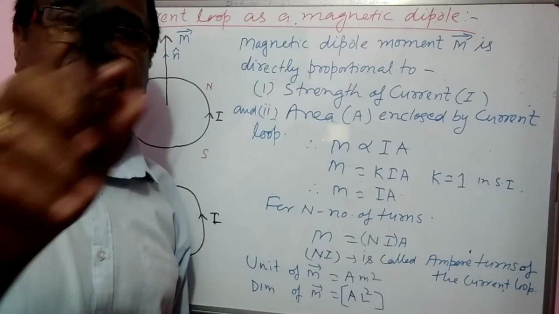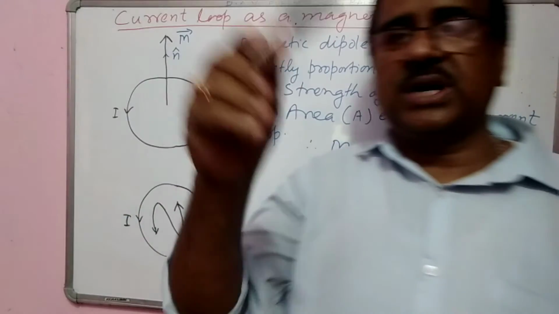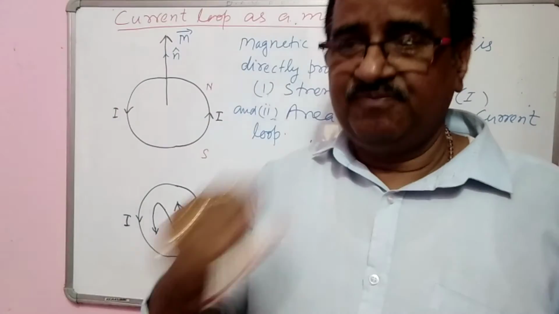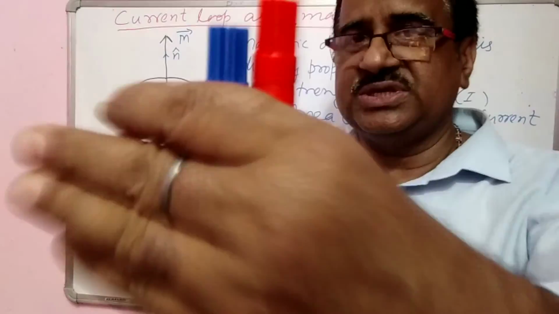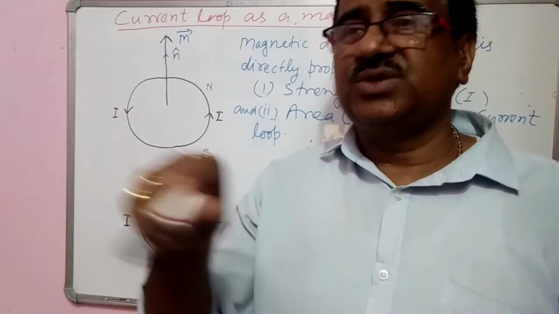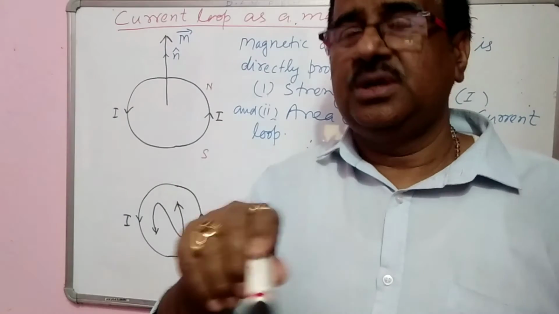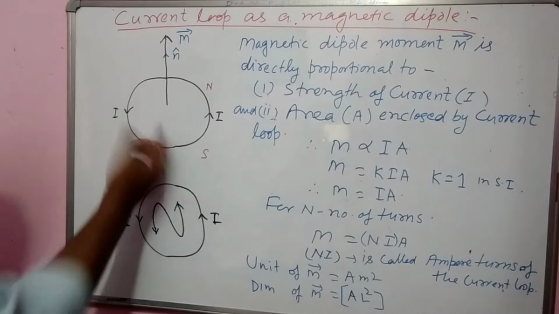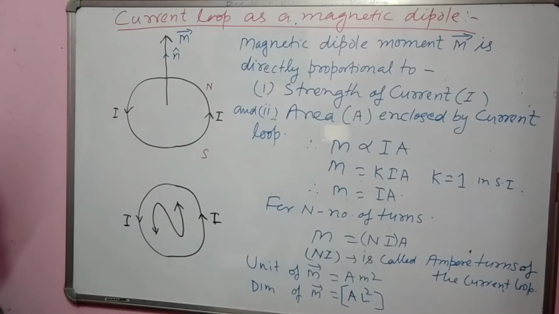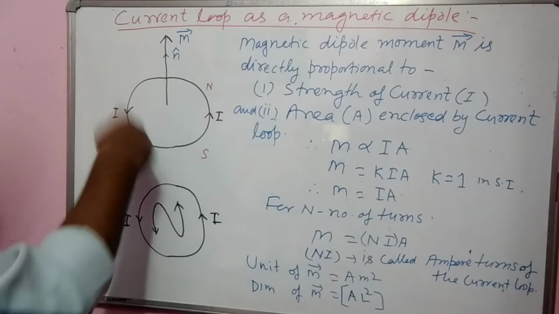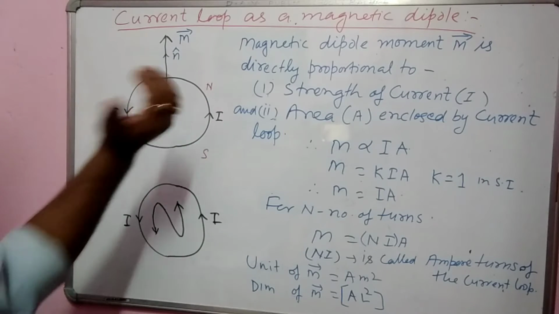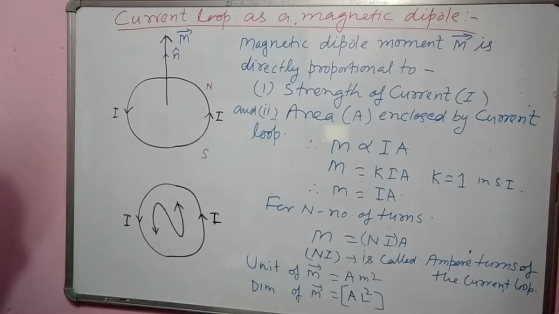So the upper side will be north pole and lower side will be south pole. As for example, I am rotating the pen here. You can see I am rotating from my side, it is along the anti-clockwise direction. But if you see from the other side, from this front side, you will get that it is rotating in the clockwise direction. So if we view this coil from lower side, the direction of current will be opposite, and that is why the lower side will be represented by the south pole, and the direction of magnetic field will be along the upward. Using the right hand thumb rule, we can say it is moving upward.